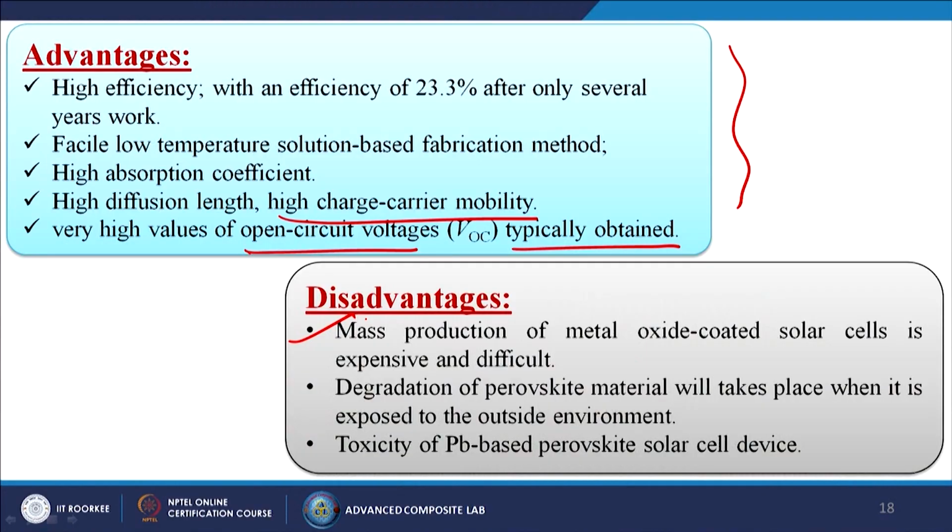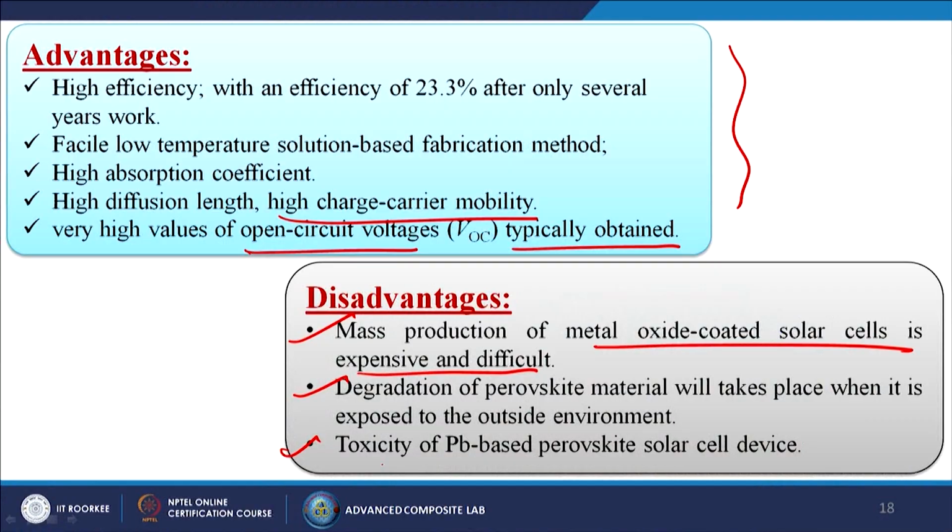Of course, there are certain disadvantages. What are those? First is that mass production of metal oxide coated solar cells is expensive and difficult. Degradation of perovskite materials takes place when exposed to the outside environment, as I told already. That is why we synthesize these materials in a controlled atmosphere or in a vacuum chamber.